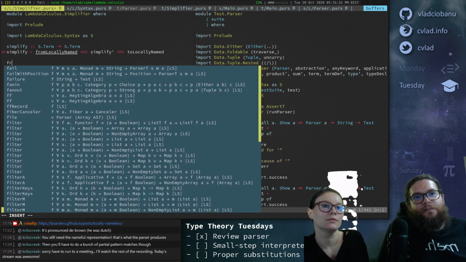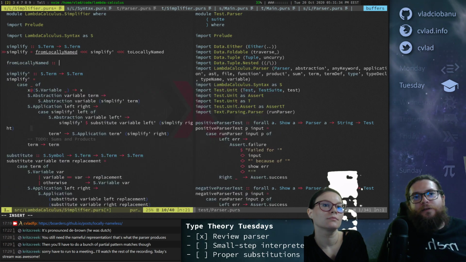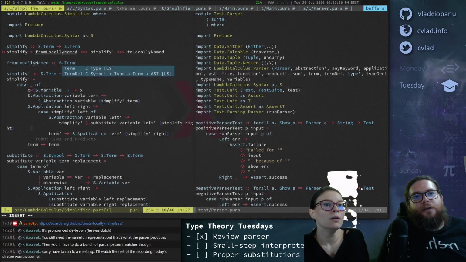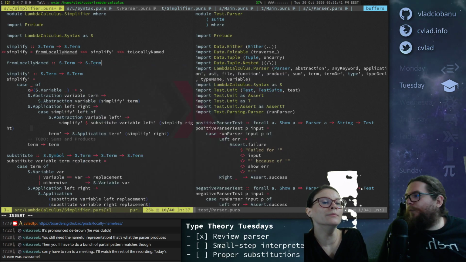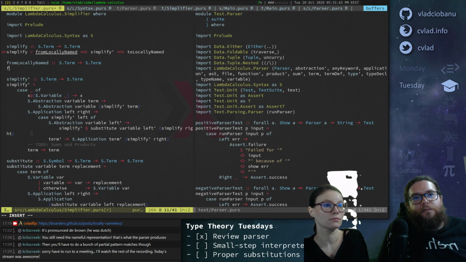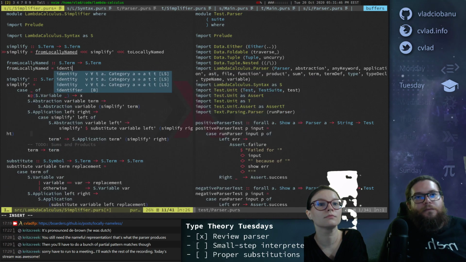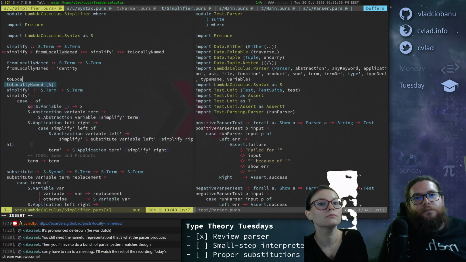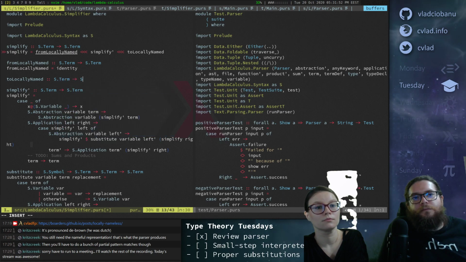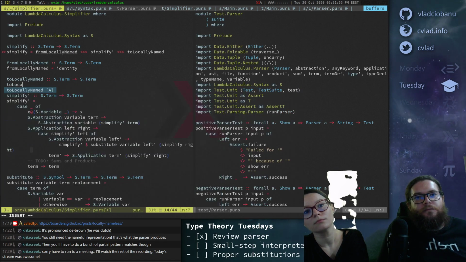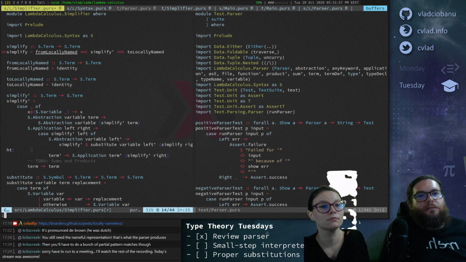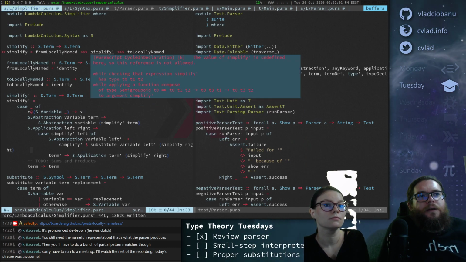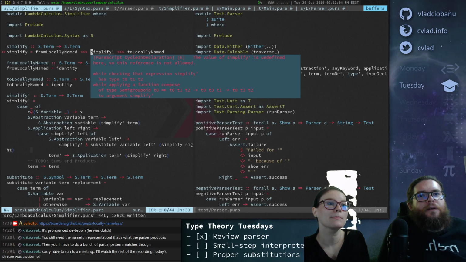Okay, and these will both have the same signature, right? There will be from s.term to s.term. They will all be the same. And I'll just write this so it compiles, right? And then it should compile now. Why is simplify undefined here?